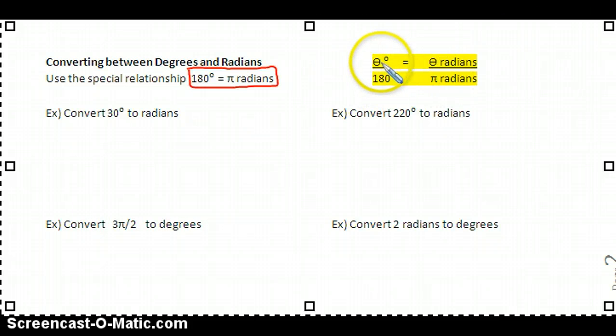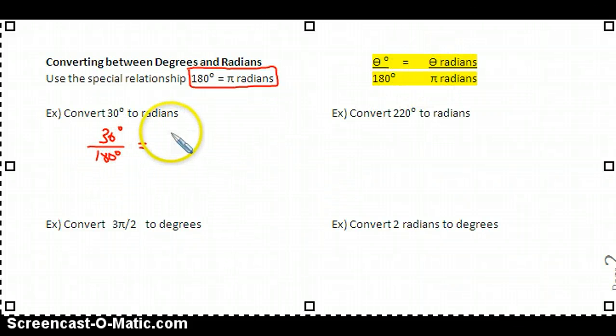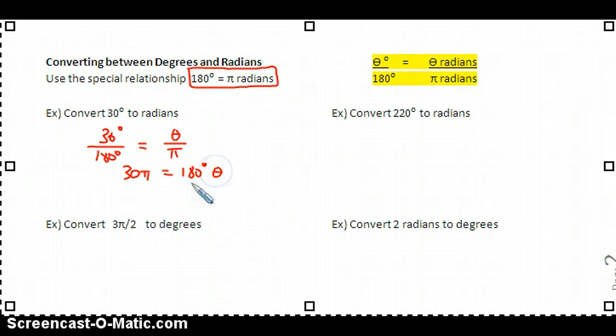You'd use this relationship, theta over 180 equals theta over pi. So if I'm going to try to change 30 degrees into radians, what I'd want to do is plug in 30 degrees, since that's what I'm given, over 180 degrees, and that should equal theta radians over pi. So I'm going to cross multiply here. I'd get 30 pi equals 180 degrees times theta. I'd solve for theta,